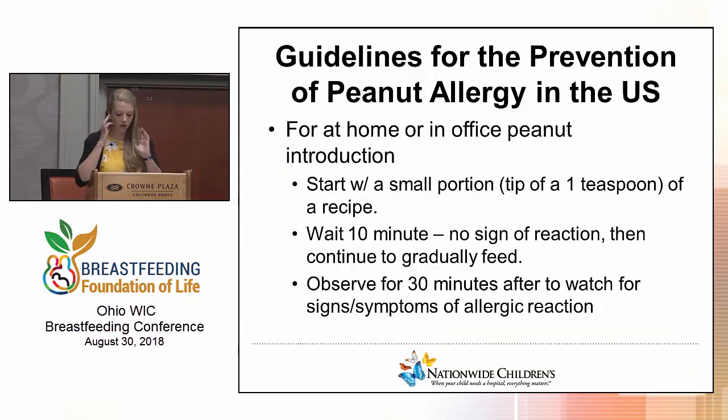So how do you introduce this? You want to start with a small portion of that recipe. They recommend that you introduce the whole serving of that recipe. So you would start with the tip of a teaspoon and wait 10 minutes. If there's no reaction, then you would continue to gradually feed that whole recipe until it's gone. And then you would want to observe the infant for at least 30 minutes after to watch for signs of